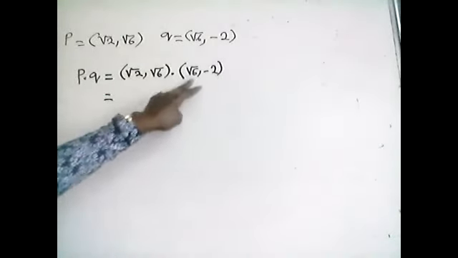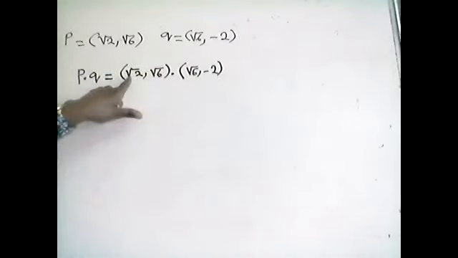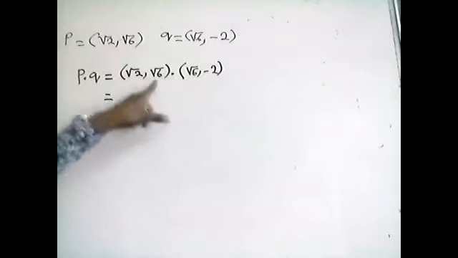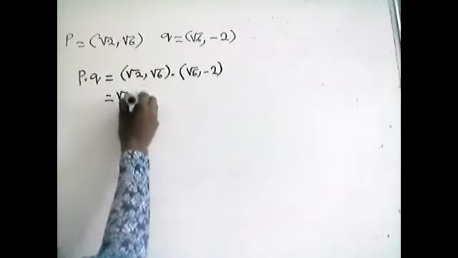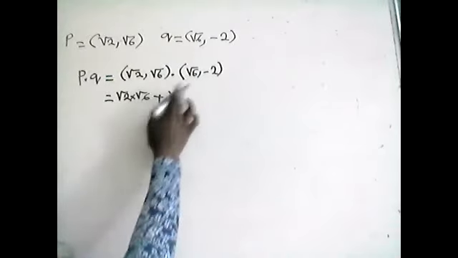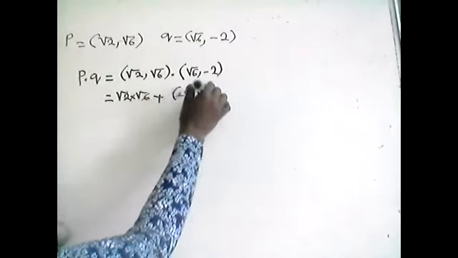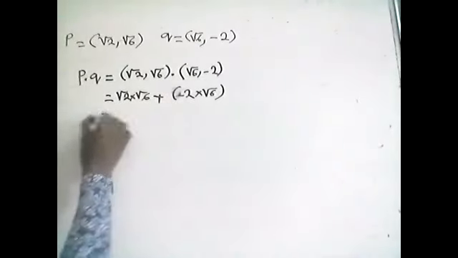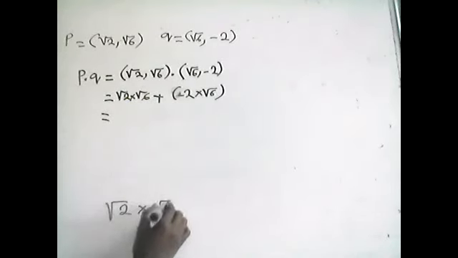This multiplied by that. Remember what I said, this and that is giving us a 0 because I multiplied by j, which is 0. So it will just be this multiplied by that plus this multiplied by that part. So here we have √2 multiplied by √6 plus -2 multiplied by √6. So here, when you have √2 times √2, the answer here is, this is just the same as,